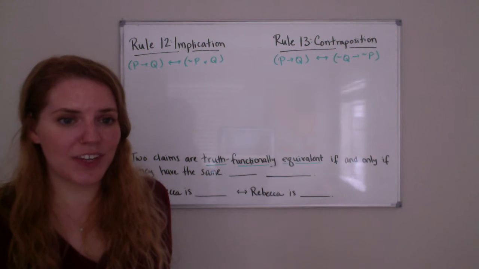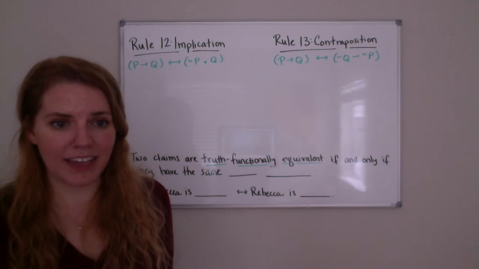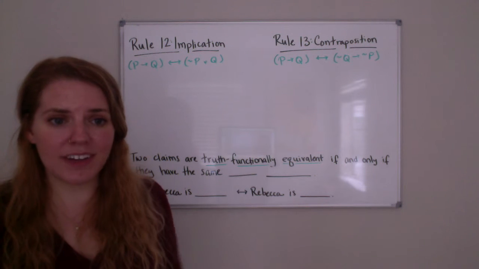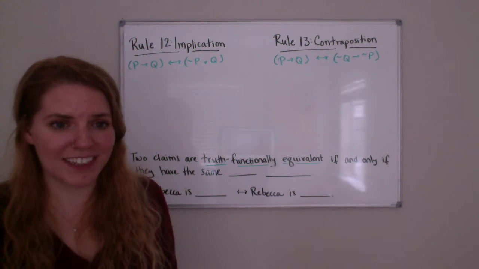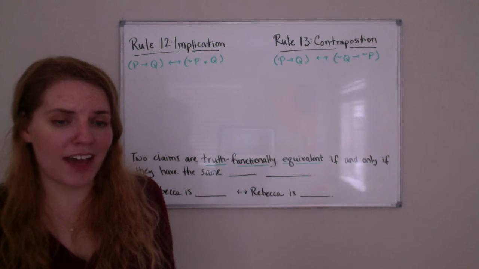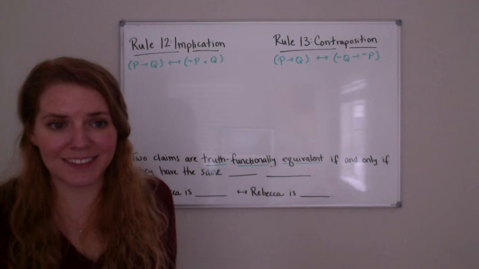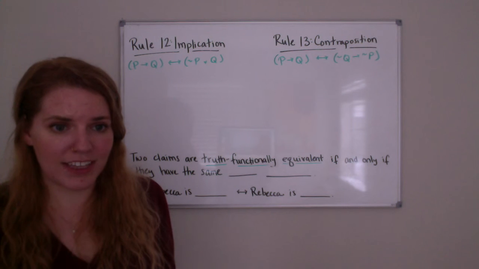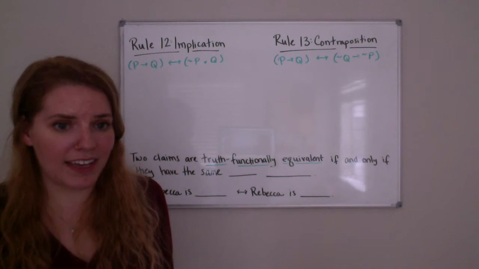Hey guys, in this video we're going to talk about Rule 12 implication and Rule 13 contraposition. So these rules are in the second group of rules of deduction, and those are the rules of truth functional equivalences. So remember from your reading that two claims are truth functionally equivalent if and only if they have the